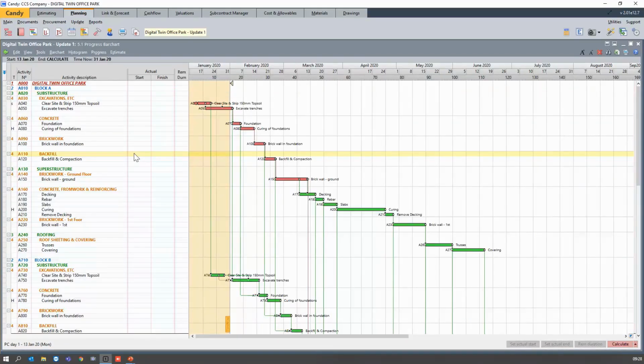Okay. So can you see my time now is still there? I have just added additional columns. So I have my actual start and finish date as well as the remaining duration. So this is the standard document, but I would like to add my base dates as well as the float